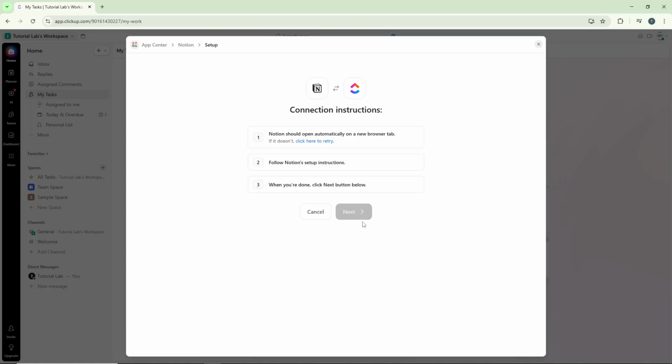When you're ready, click the Next button. This confirms your authorization and allows ClickUp to establish the connection. The system will automatically complete the integration process, syncing your ClickUp account with Notion, and that's it. Your ClickUp and Notion accounts are now integrated, allowing you to manage your workflow more efficiently across both